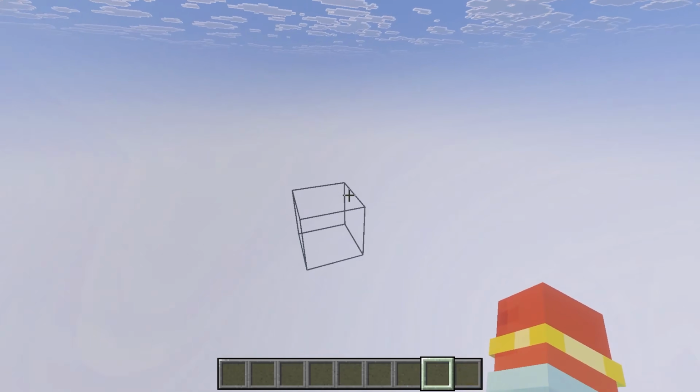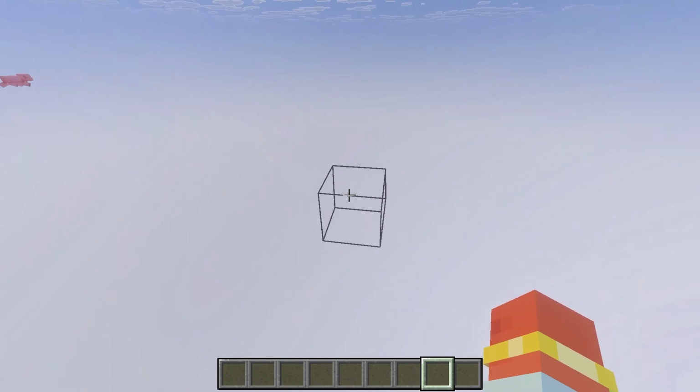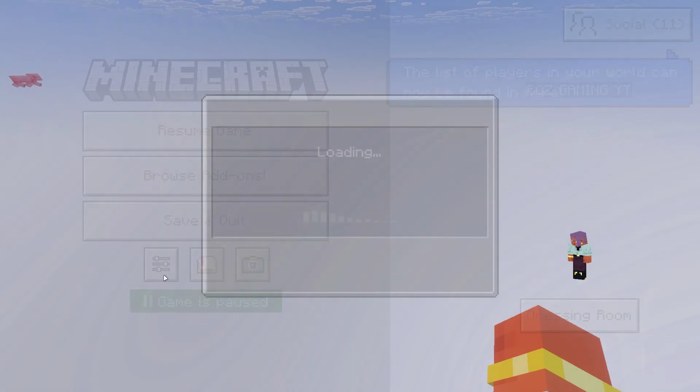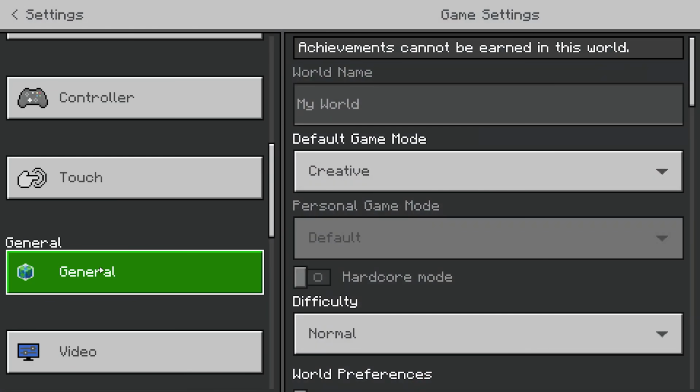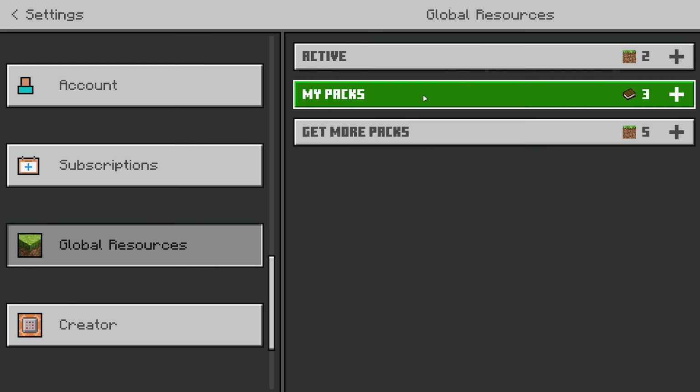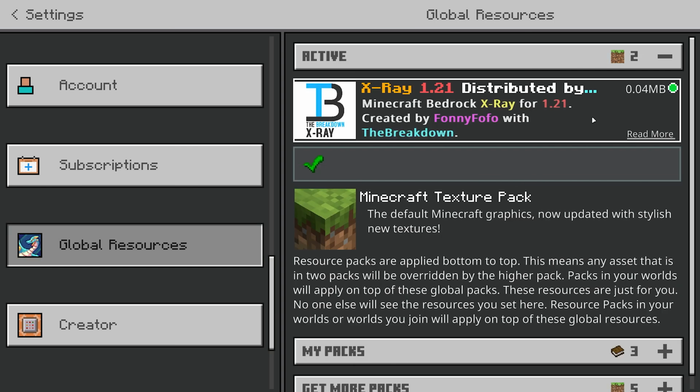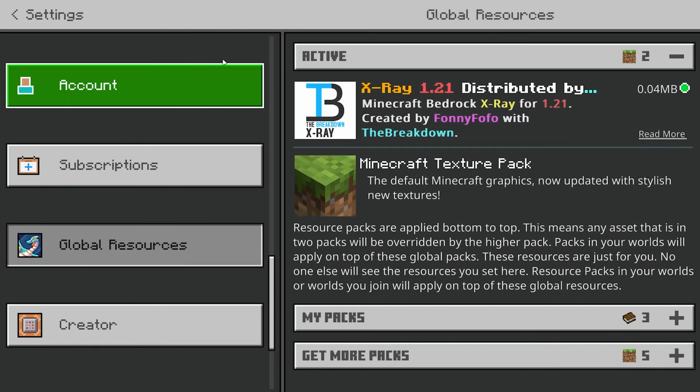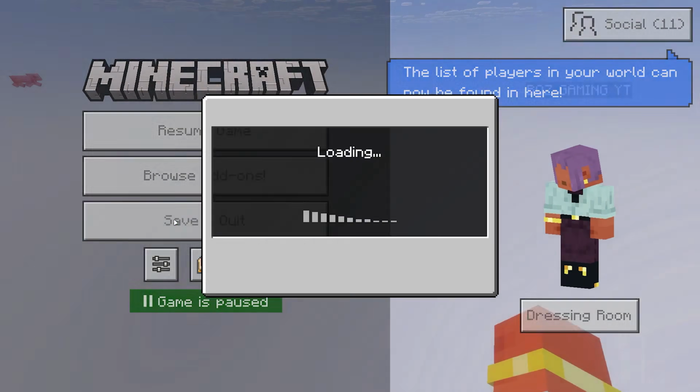But whenever you want to remove it, simply go back into your settings by going into the settings section right here. Scroll down to the global resources section, go into the active section, and then just select this again and turn it off. If it doesn't let you turn it off when you're in a game, go ahead and back out